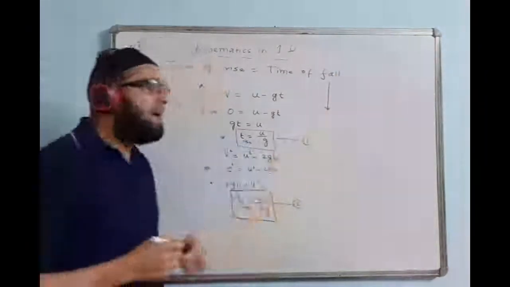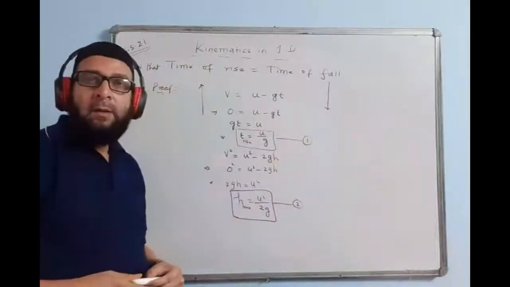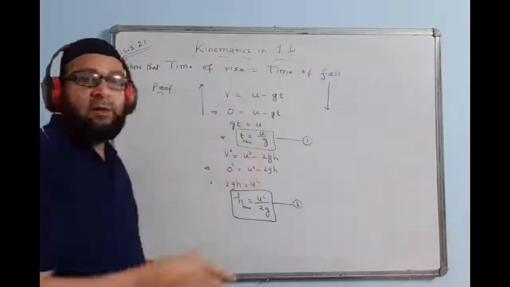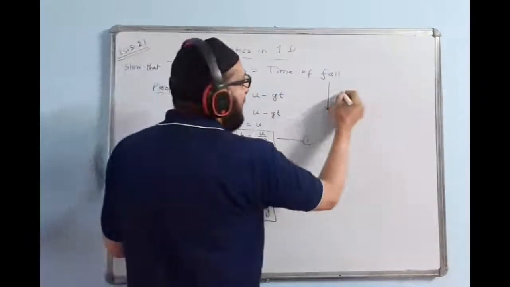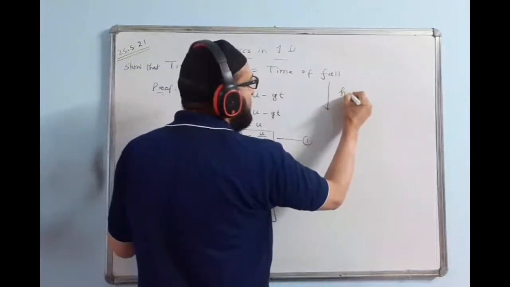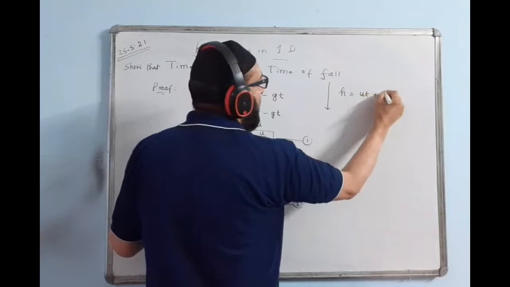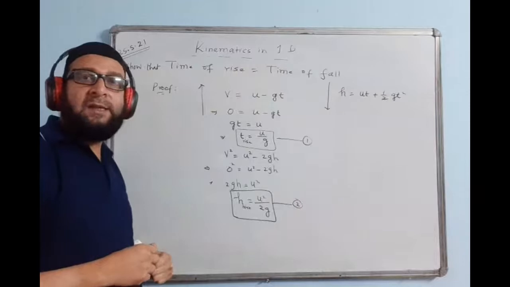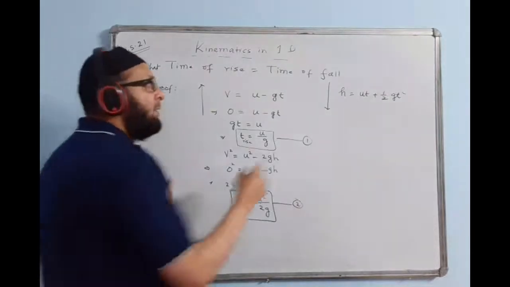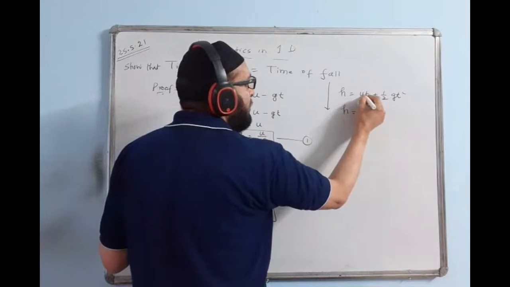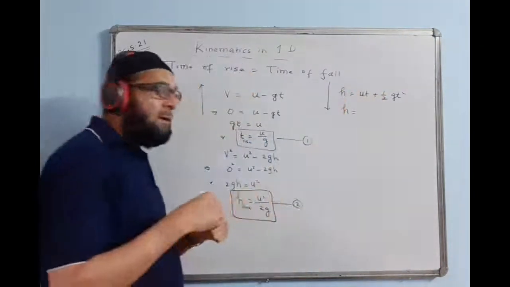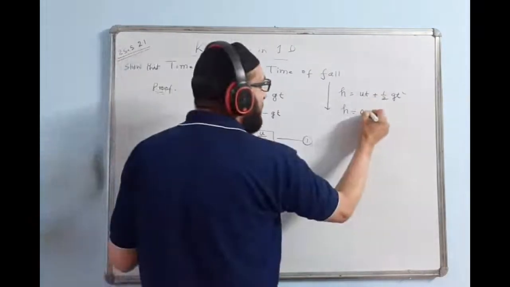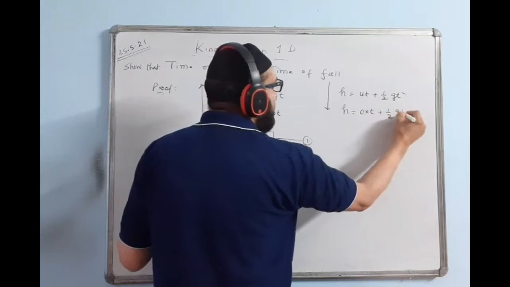Okay. Now I'll take the vertically downward motion here. Downward motion, I've shown it by the arrow. In both motions, height is the same, height is constant. So I'll be using the formula h is equal to ut plus half gt squared. This time I take the sign plus. Why plus? Because in downward motion g is positive. Keep h as it is. u value 0. When the body falls down, what is the initial velocity? There it is 0. So I take this value 0, 0 into t plus half gt squared.